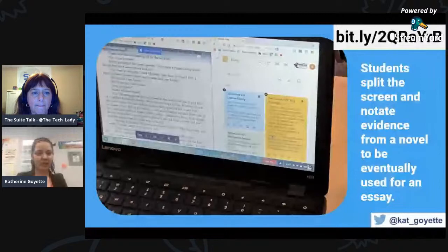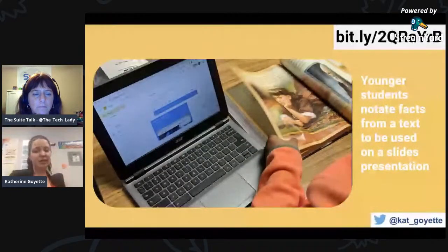And then here's a second grade example. The doc on the left side is actually just a PDF, so this isn't with the integration, which I'm going to talk about in a moment. And this is second graders, so young kids can do it as well.